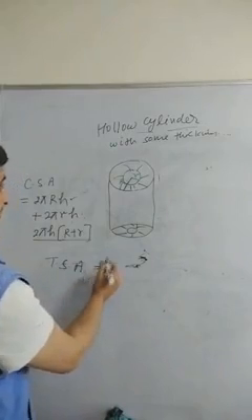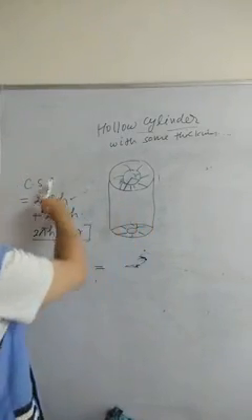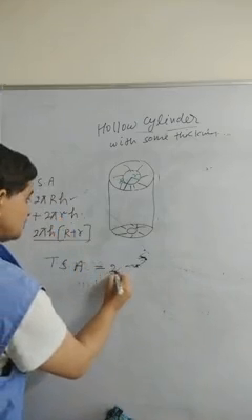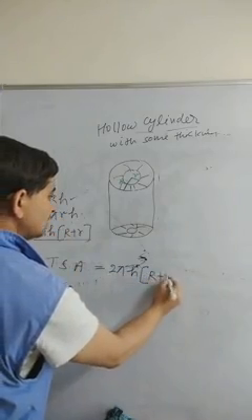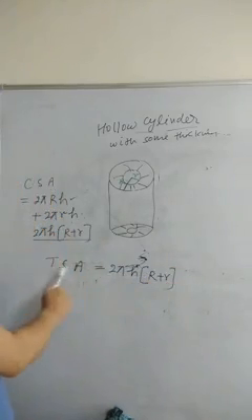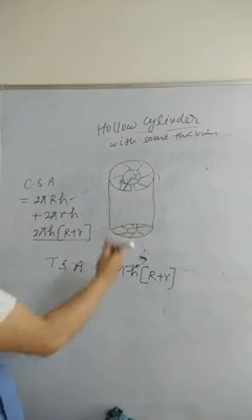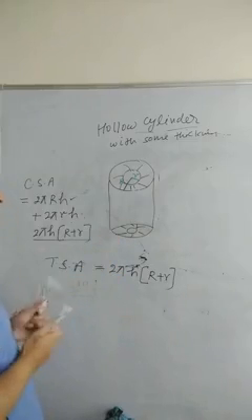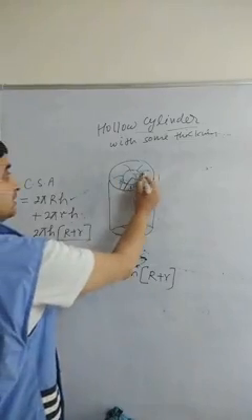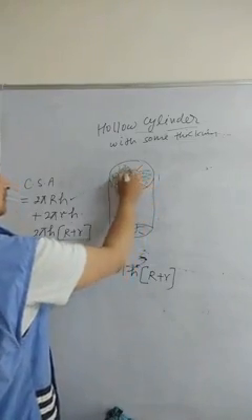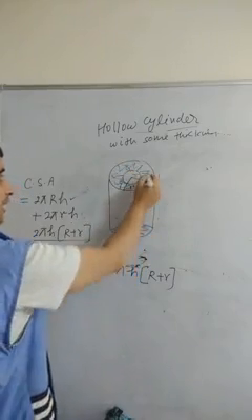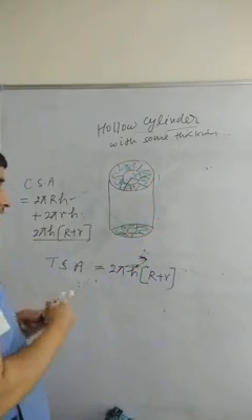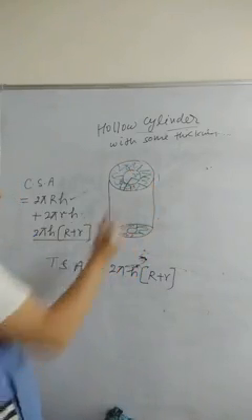So this will be the curved surface area, whatever this curved surface area is, that is 2 pi h (R plus r). This is the curved surface. This is the part of total surface area, plus what other part can you paint here? You can paint this part and you can paint this part. So you will have to add the area of these two parts.